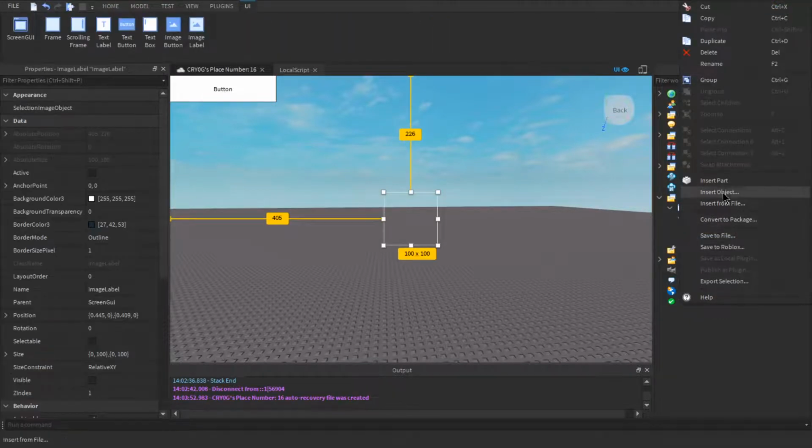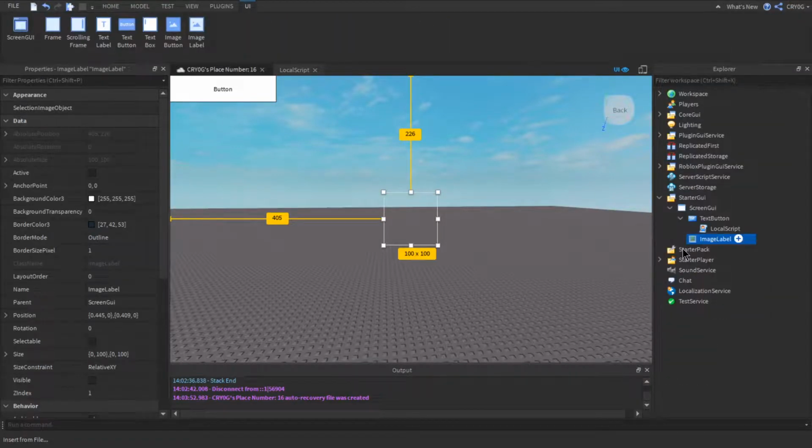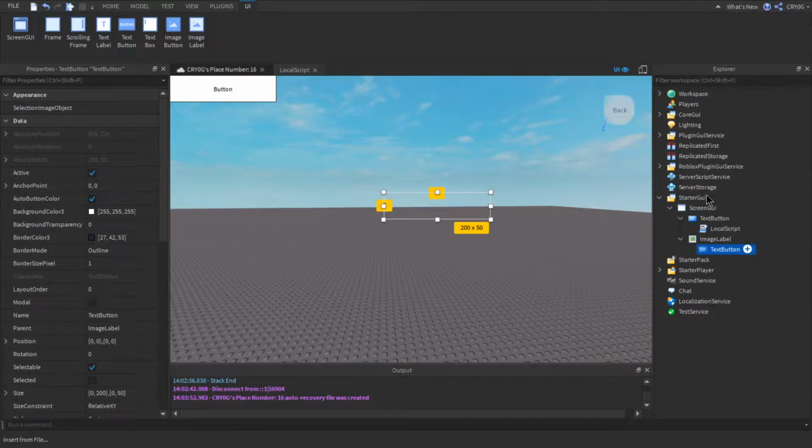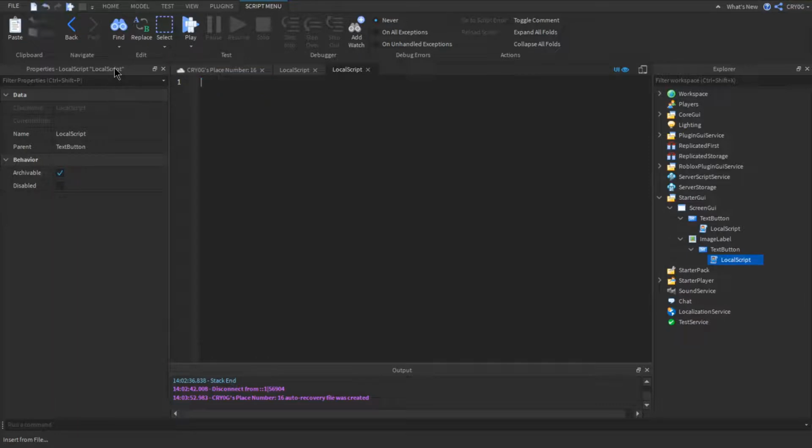Now to be able to close it, let's put a text button, act like it's maybe a close button right there. So now we have to define the button again. Button equals script.Parent again, and then we want to do local function. Roblox is completely saving my horrible spelling. Local function on click, and then